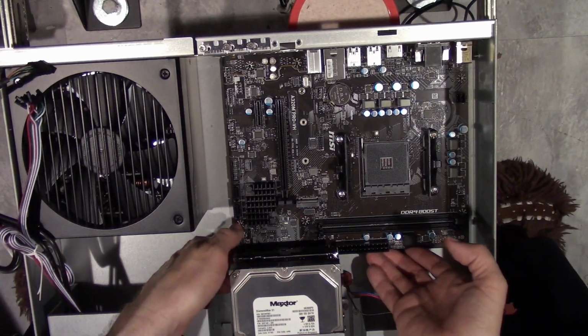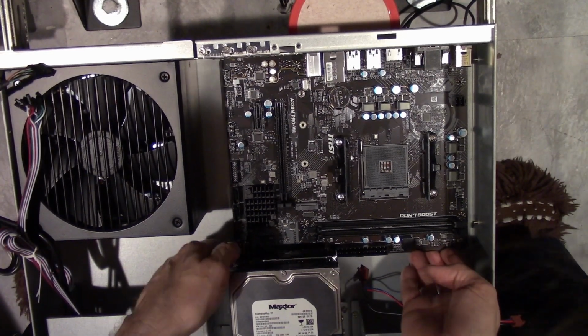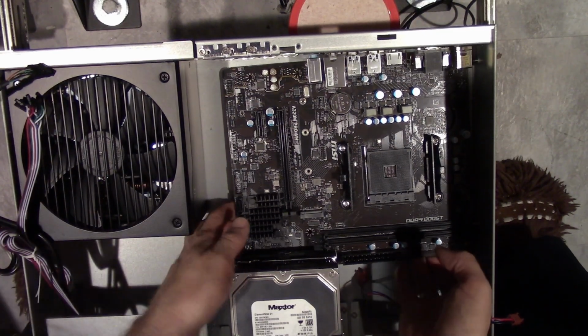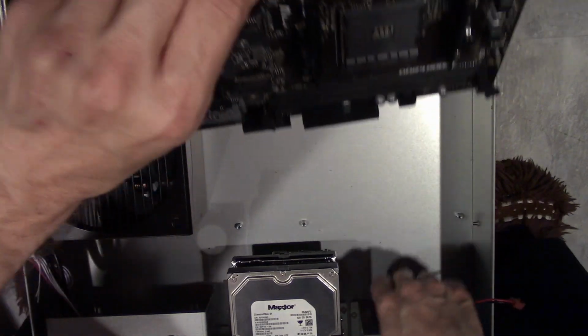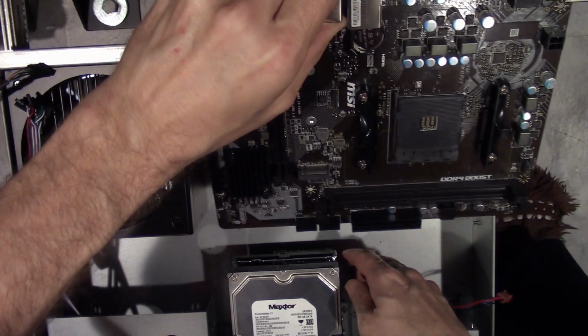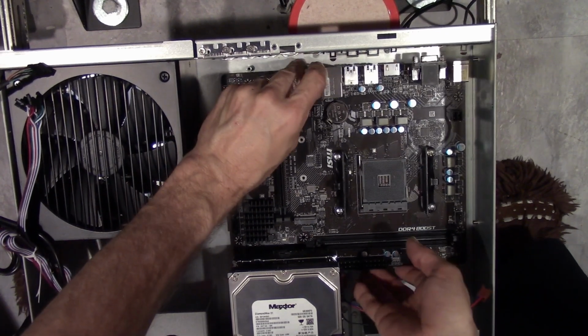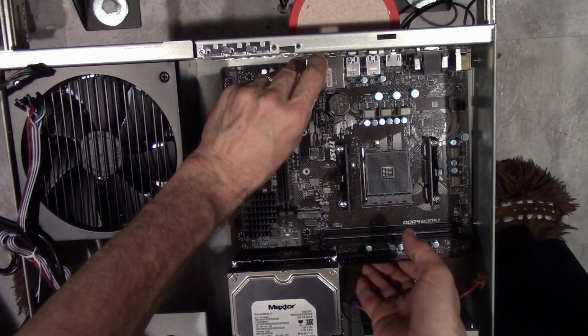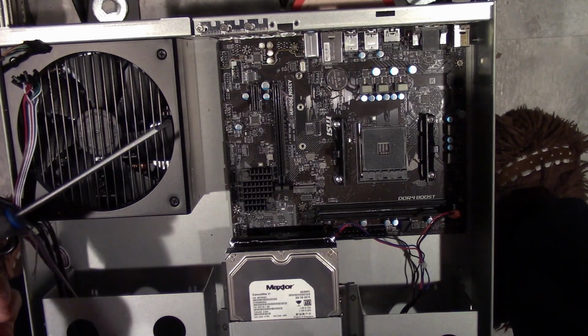Alright. My big head got in the way. Sorry. I just want to make sure that I'm not going to short anything out. Okay, now that should be good. Alright, let's try this again. And then I got to pull down the...